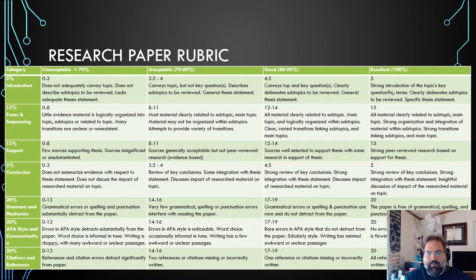Also, inside of the paper itself, it's a good idea to use headings as far as organizing it. And those headings should correspond roughly to the subtopics that are identified in that introductory paragraph. Also, make sure you're using them as headings. You might want to spend a little time, if you're unfamiliar with APA, reviewing and researching how headings are supposed to be articulated inside of an APA paper. They should be title cased. They should not be the question or the prompts that were inside of the assignment. Rather, they should be something relatively succinct that tells the reader what the point of that paragraph or that section is going to be.